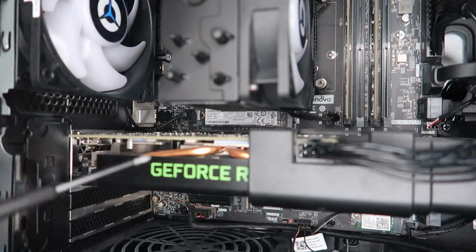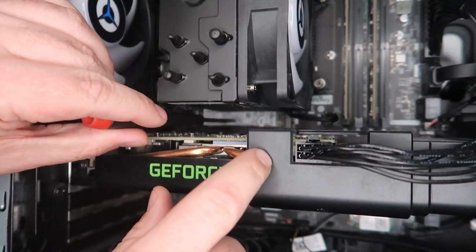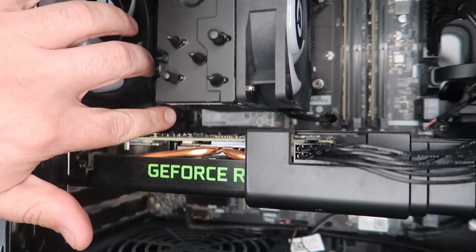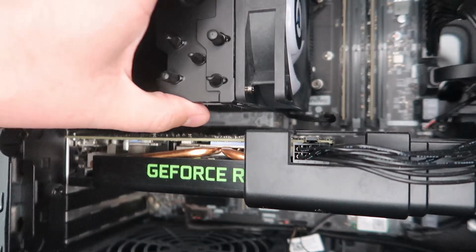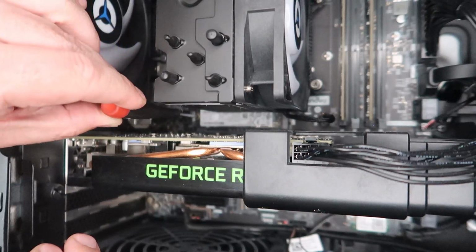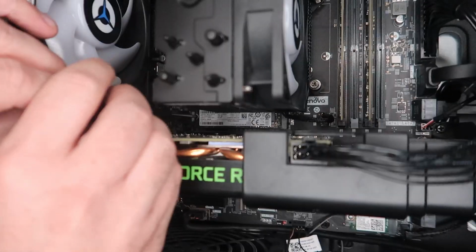Alright, so I've heard from other people on here that this drive here is actually behind their graphics card. I don't know, maybe it's a different version of the Lenovo Legion, but this one, the NVMe drive, is right here, kind of behind our CPU fan. I'm going to try and do this without removing our CPU fan here. It should work out. The screws in there pretty tight, but...